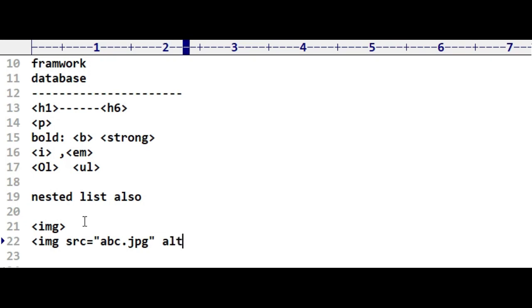And an alternate text, if the image is missing, then you can see the text: image missing will be uploaded soon.